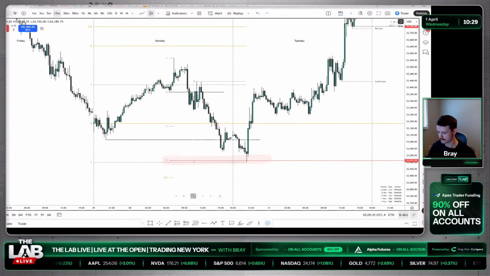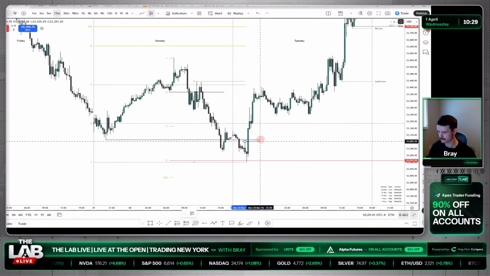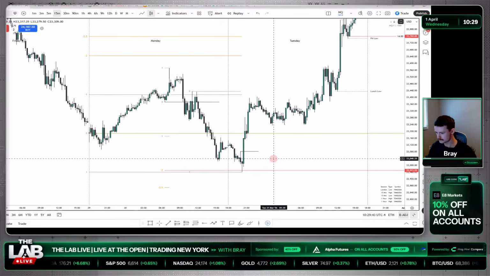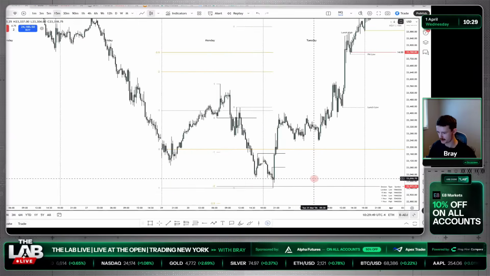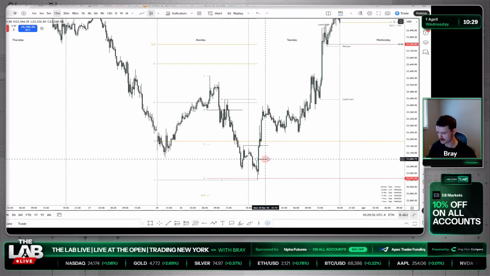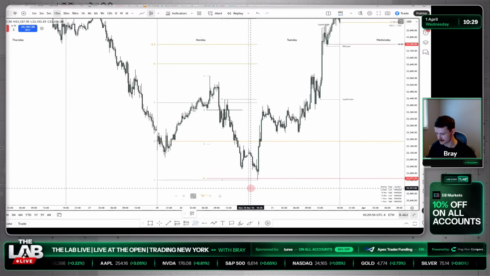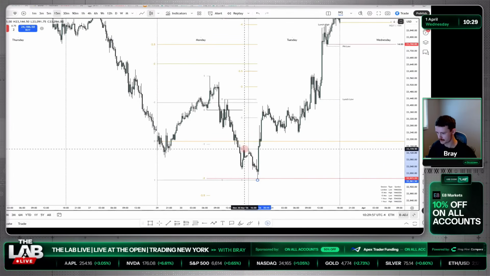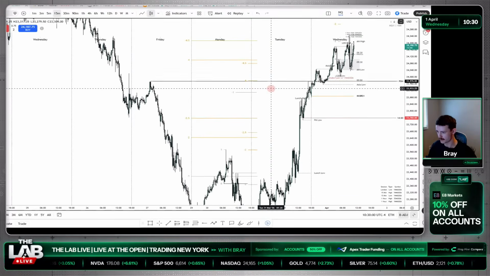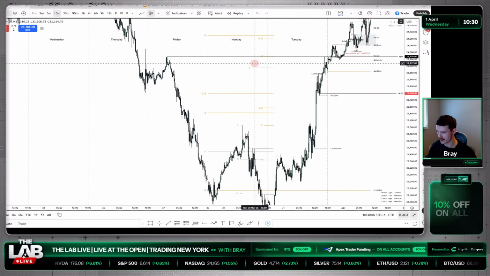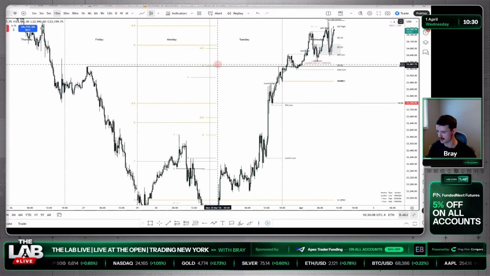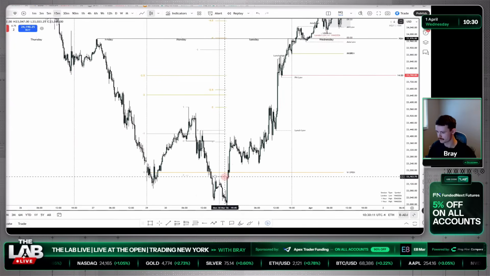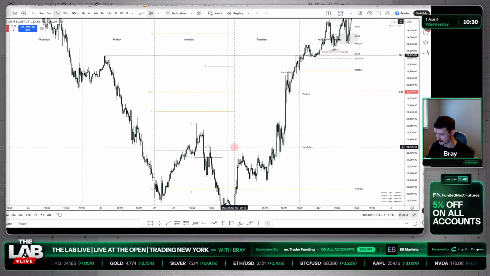And then from there, what do you have? You've got a new breaker, well, multiple breakers. You have a large breaker here, and then you use those standard deviations. So let's use this big fella right here. -4. Where does this -4 align with? Friday high. Where does the day finish off? Right at the previous daily high, -4 standard deviations, right? They are incredibly useful.